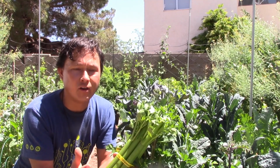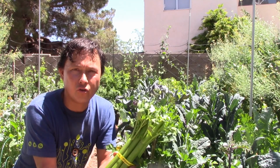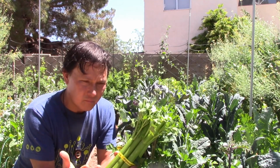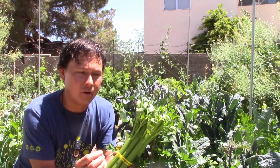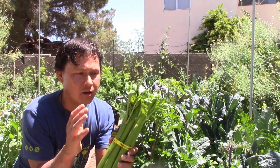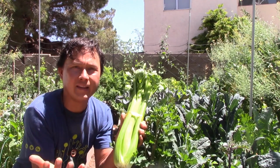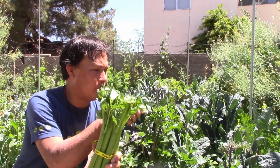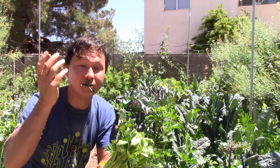Hopefully the farmers are actually adding more than the NPK into the soil to grow a more nutritious crop. In addition, because chemical pesticides are not being used, in general, but not all cases, organics need to basically produce their own natural pesticides. And if you guys have ever picked a celery leaf fresh off the plant, and then you eat it, which I'll do now,